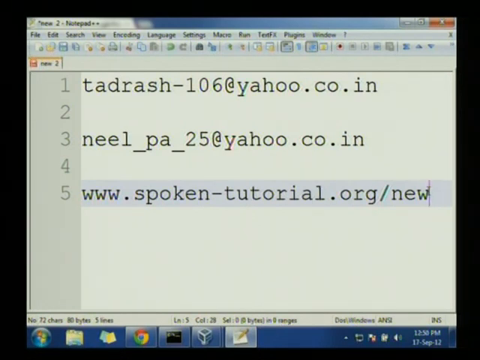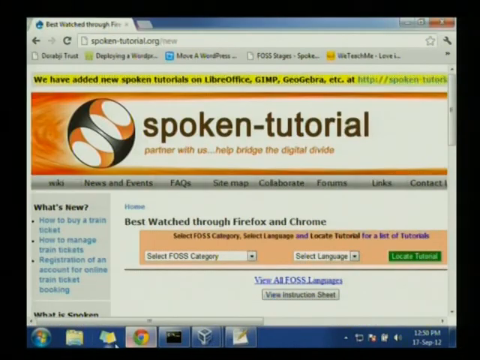It is Neil, NWL_PA_number 25@yahoo.co.in. The given below link is of our site of the spoken tutorial. We will show you. This is our site, spoken-tutorial.org/new,